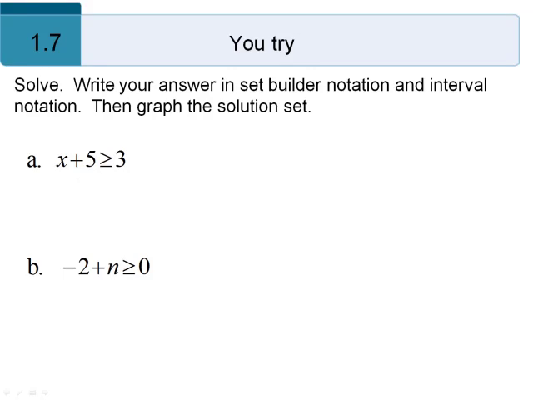Hello everyone, this is Math 0028, Section 1.7, the U-Try problems. Our directions on this set say solve, write your answer in set builder notation and interval notation, then graph